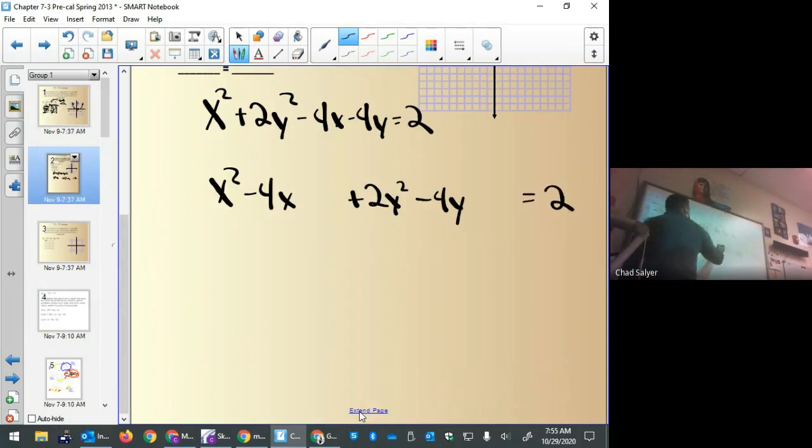Good. So we've got a problem with the y. What do we have to do before we complete the square, Allie? Squared. So before we put a number in here, there's an algebraic step we have to do, because this 2 is cramping our style. You can't complete the square until you factor out any coefficient on the squared term. X, we're good to go. Y, we're not. So what we're going to do,